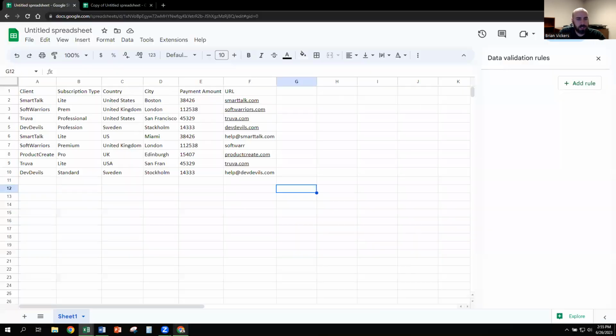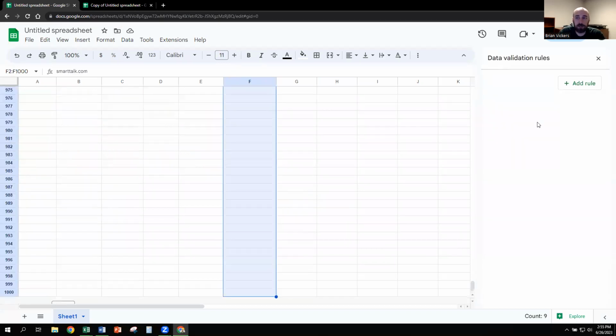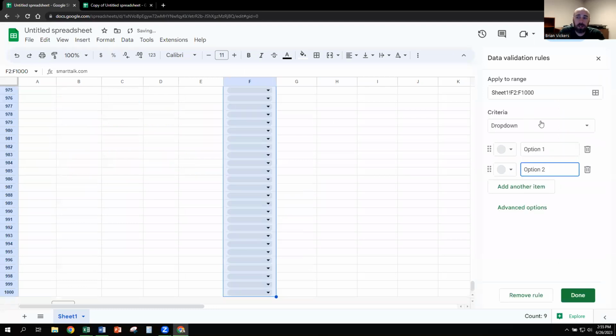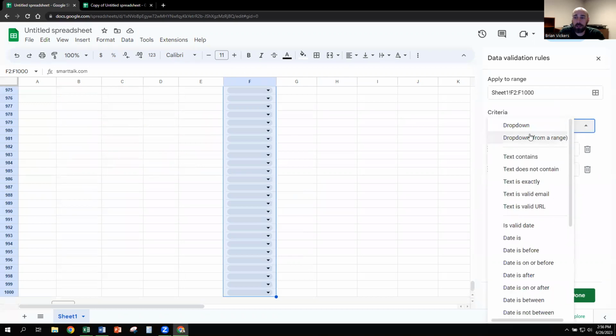All right, why did I say I liked it a little bit better on Google Sheets? Well, Google Sheets has one thing on their data validation rules. I mean, they have several actually additional ones, and I'm hoping that they get added with the next update of Office 365 because it's a pretty nice rule. And that rule is that I can say that everything in this column, and I can Control Shift down the same way, if I add a rule, I'm going to apply it to this range, and the criteria, instead of selecting from a drop-down list or a drop-down from a range, I have this one right here, which is that